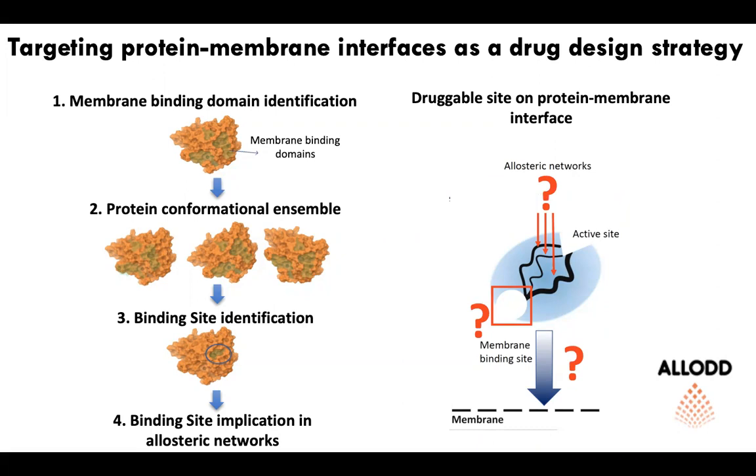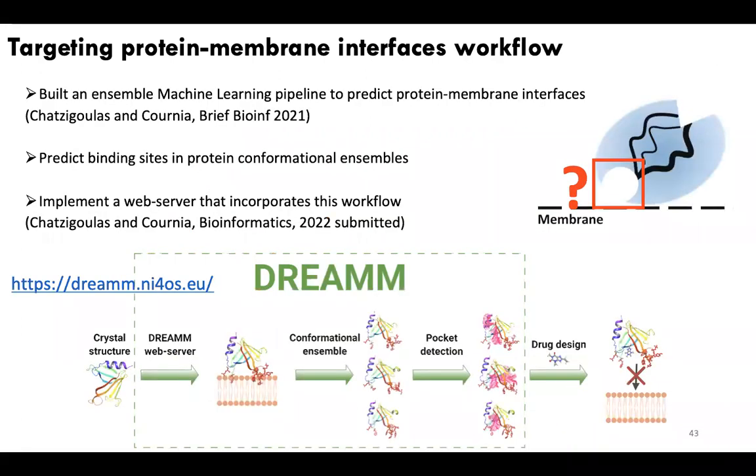So basically what we want to achieve is to test whether, how or where the protein will bind on the membrane by identifying the membrane binding sites, then by identifying new cavities at this interface that could be exploited for drug discovery, and then most importantly, to understand these pre-existing allosteric networks that would connect our cavities to the active site, because if they are connected, it means we could have allosteric modulation.